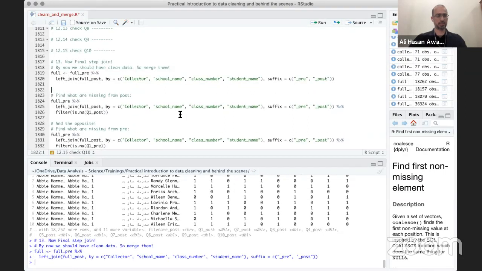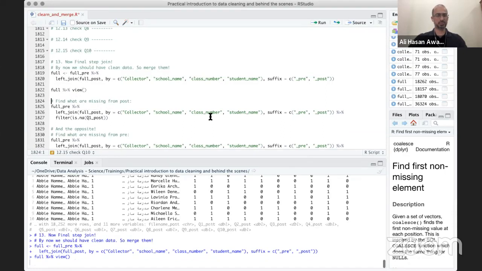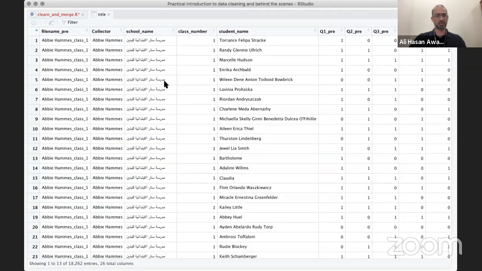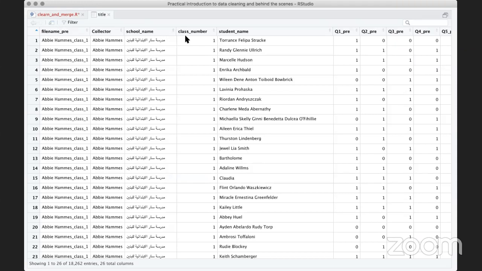Okay, and let's see it as a view. Okay, as a spreadsheet. Okay, see now it's big. It's taking time to open it. Okay, so we have the file name, we have the collector, we have the school name, we have the class